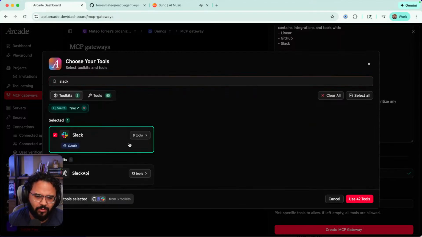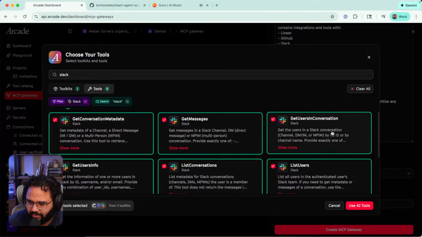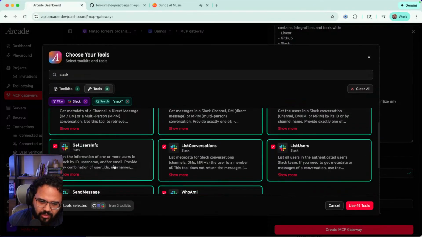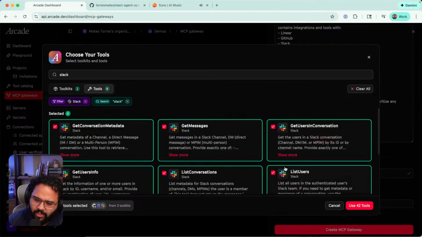So Slack is only 8 tools, so let's see what is in there. Get conversation metadata, get messages, yes. Get users in conversation, yes. User info, list conversation, list user. Yeah, this is alright. So I integrated 3 services now, Linear, Slack, and GitHub